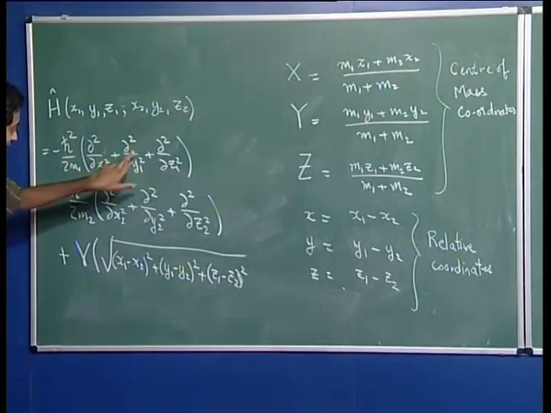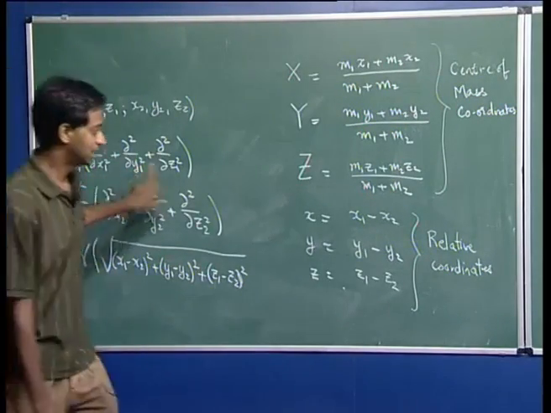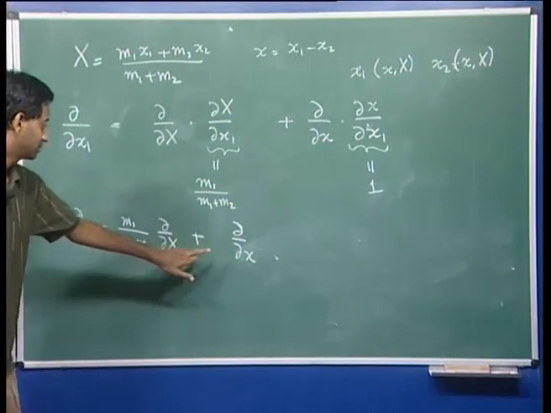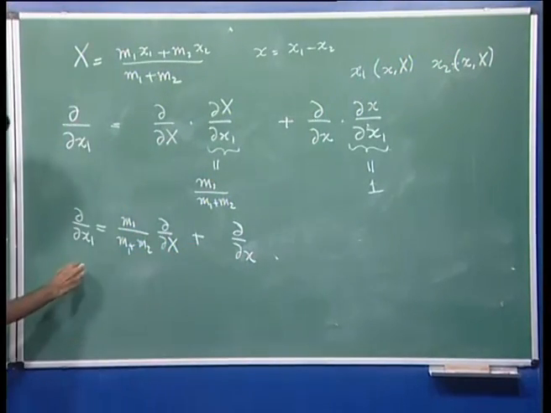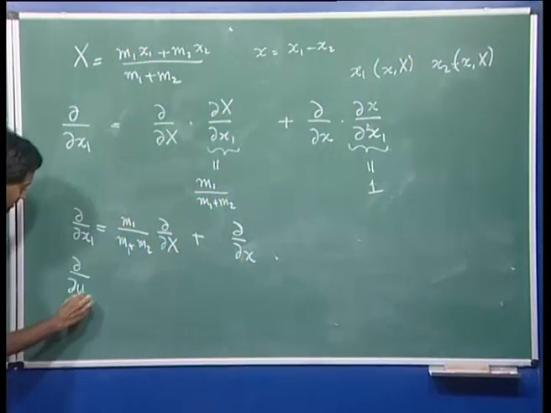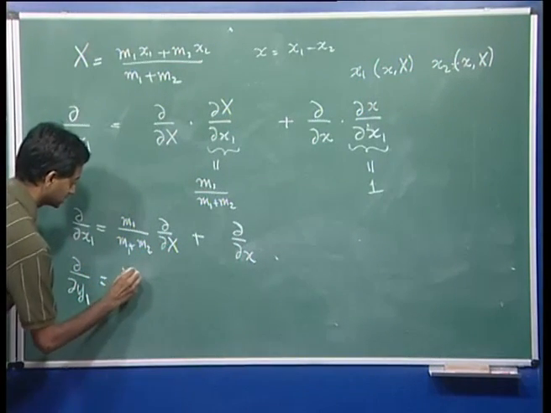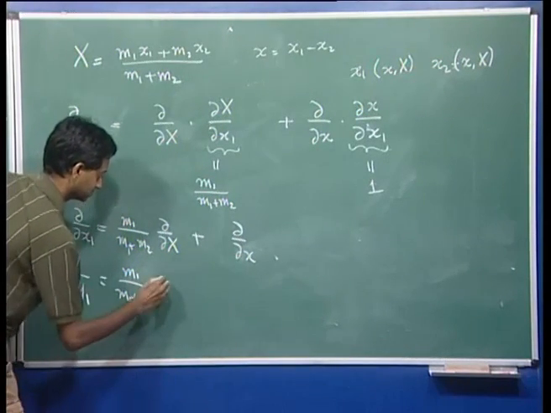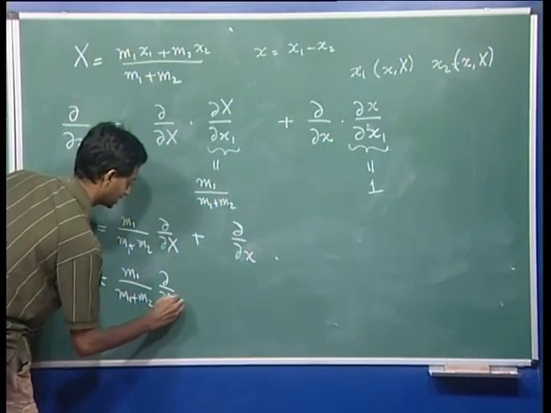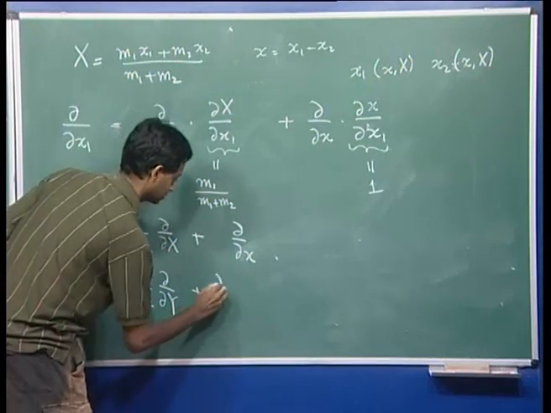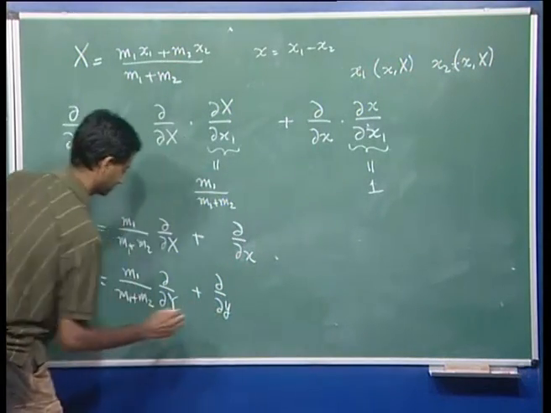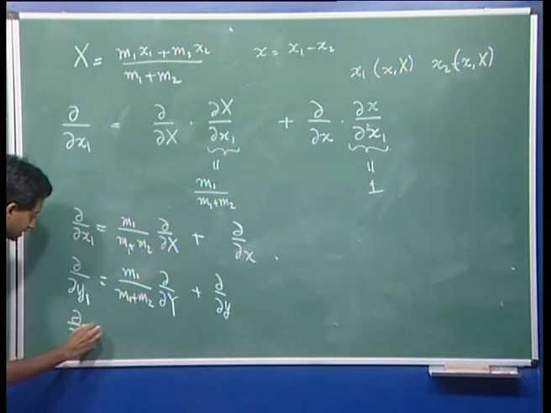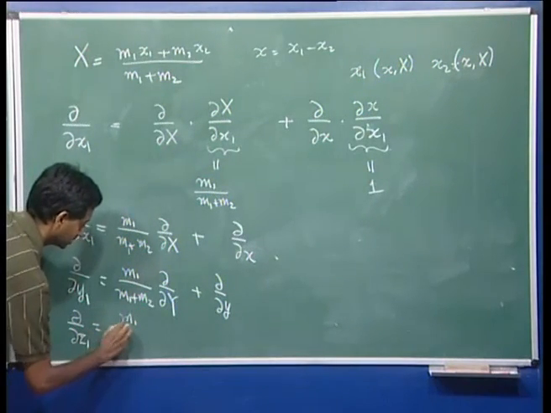Now, similarly, I can write d by d y1 as m1 by m1 plus m2 into d by d capital Y plus d by d little y. So, I can write d by d y1 is equal to m1 by m1 plus m2, dou by dou capital Y plus dou by dou little y, and I can write d by d z1 as m1